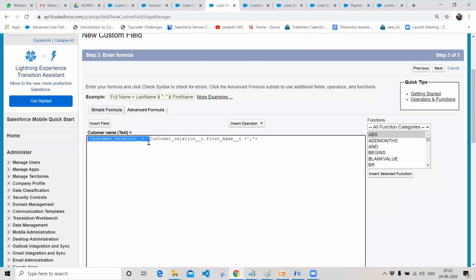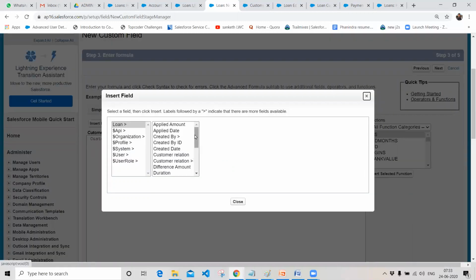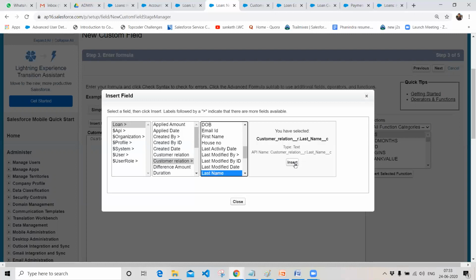So customer underscore underscore r is my field name, dot, what is the last name that you want to give from this customer. This is the customer relation. I will explain, last name, and insert the field.